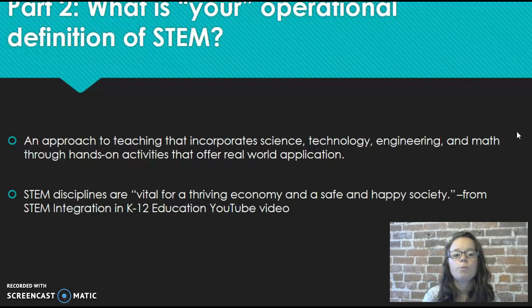And moving into part 2, what is your operational definition of STEM? Before I read the chapters or watched any of the videos that were assigned to us, I wrote down my definition of STEM at that point in time, and that's the very first bulletin point there. I said it was an approach to teaching that incorporates science, technology, engineering, and math through hands-on activities that offer